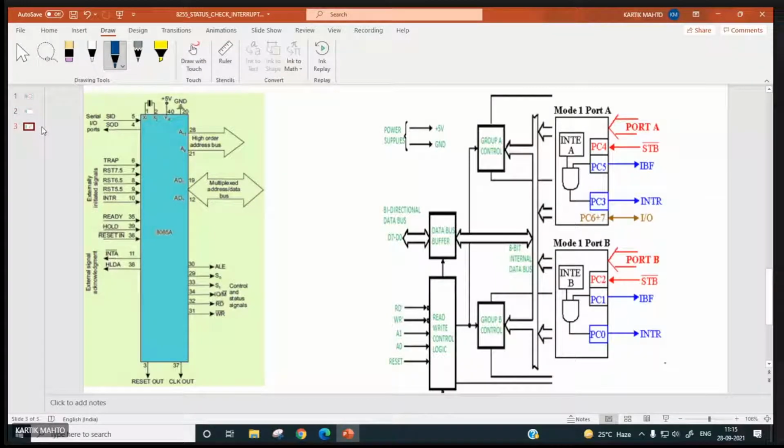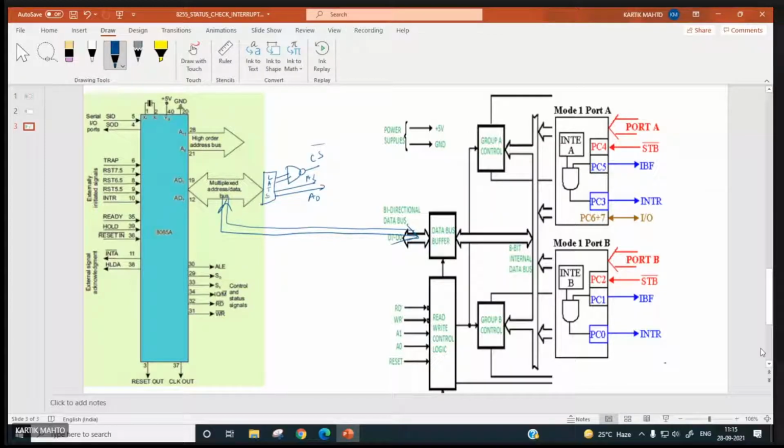Right. Now suppose we have, okay, so how will these be connected? See, this D0 to D7 will be connected over here. This will be our latch. It will go to the decoder for chip select, as well as A0, A1 will also come out, and it will be connected over here. Similarly, reset out will be connected over here. Read bar, write bar will also be coming over here.